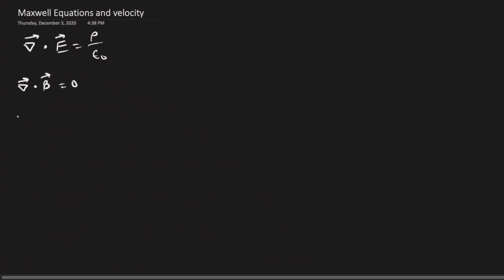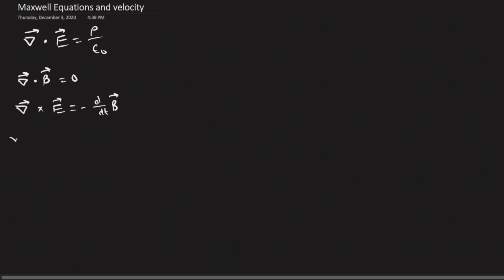We're going to have the curl of the electric field is equal to minus d over dt of B. So basically the time rate of change of the magnetic field. Now we have Maxwell's fourth equation, which is also the longest one. The curl of B is equal to mu naught times current density plus epsilon naught times mu naught, because this is factored, d over dt of